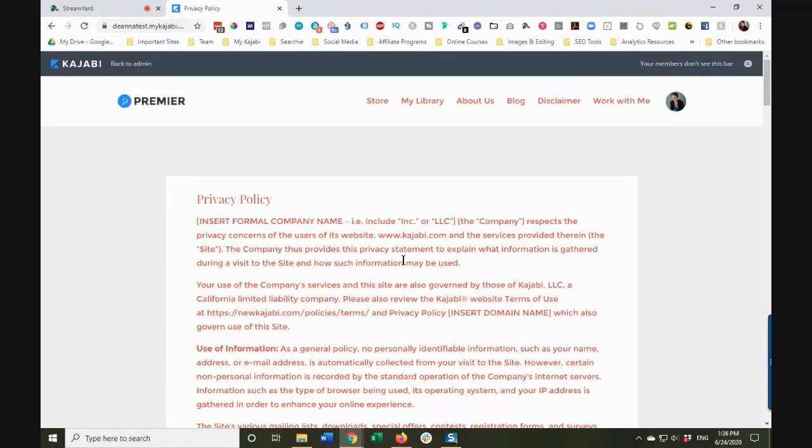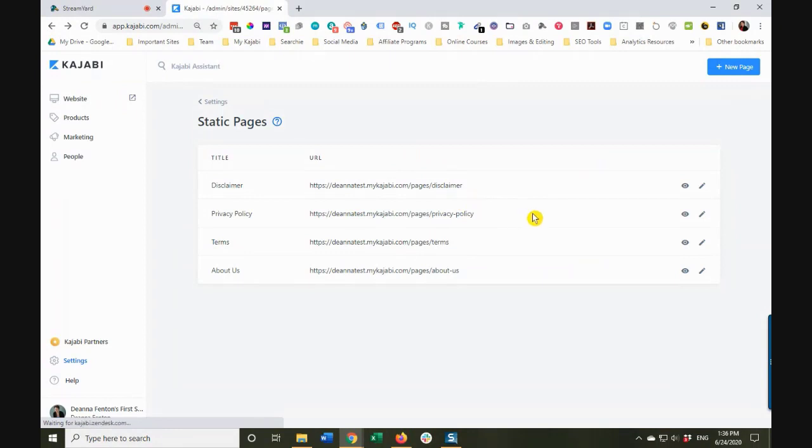Just the other day, in fact, Kajabi sent out an email and said, please don't use this as your privacy policy. You really need to do your research and get a privacy policy that is relevant for your country, your state, your type of business. And it's very, very important. Now, I'll link to some information that they provided about sources, but there are sources where you can get privacy policies that are going to be very specific to your needs. This is why I'm saying this is one of the most important areas when you're setting up your site that you need to go into and update and add your own information.